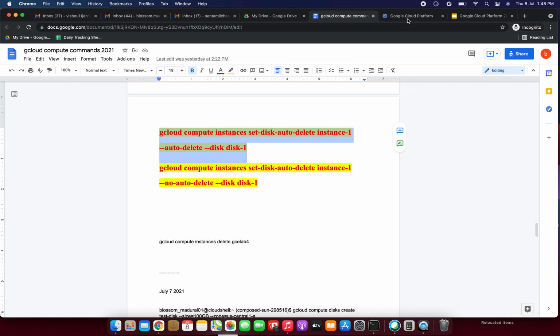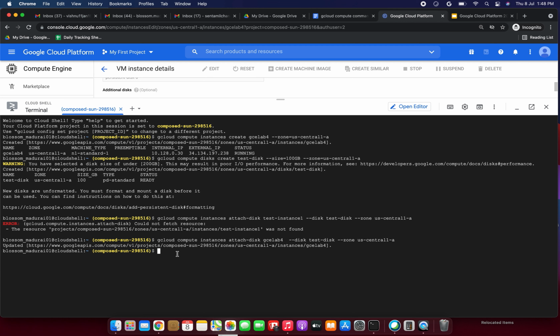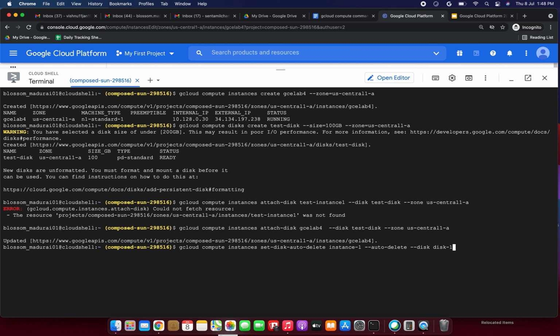I am giving this command here. So gcloud compute, already it is in keep disk. Now I'm updating the command property to set-disk-auto-delete, so it will be deleted automatically if the instance is deleted. So: gcloud compute instances set-disk-auto-delete, and here we give the instance name, GCE-lab4. Then --auto-delete --disk, and here we give our disk name, test-disk.